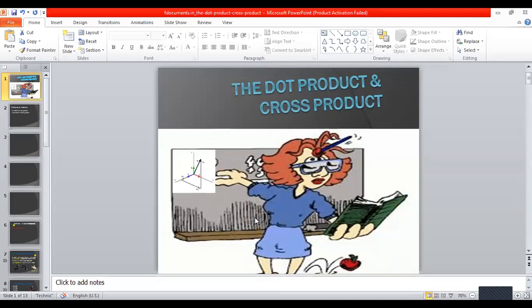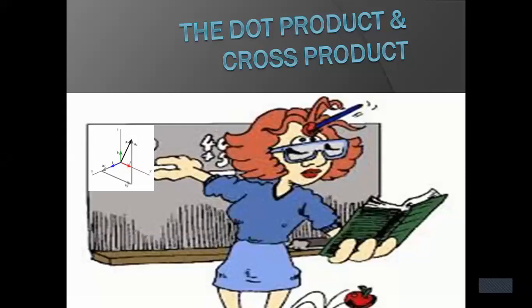Then, the unit vector directed from C to A. So what is that vector? C to A means here you have to first find the vector CA bar, then its magnitude and then the unit vector. So what is that unit vector? Yes, what is that unit vector? 196 a bar x minus 5.883 a bar y minus 0.785 a bar z.